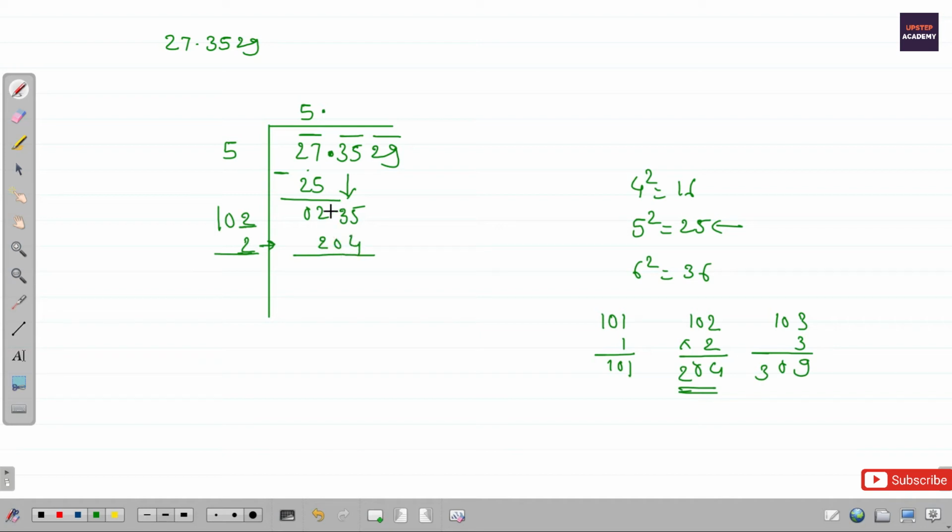After writing 204 over here, we will simply do subtraction. 5 minus 4 is 1. Here it will be 3, here it will be 0. Now we will go for another group. As you can see, it is the middle step, so it will not always happen that the remainder will be 0 over here, because we have to do one more step. So 29 will be the next group we will write over here, and we forgot to write 2 over here.